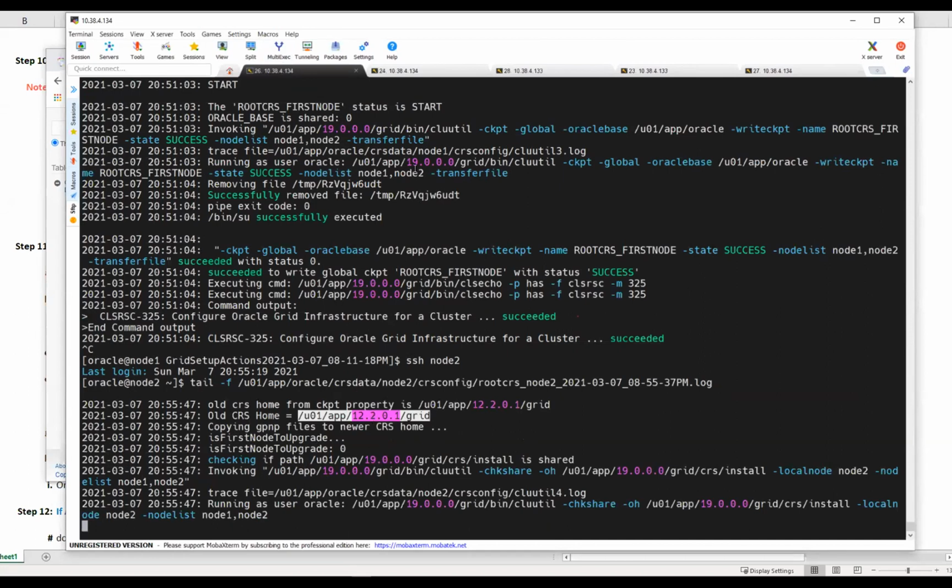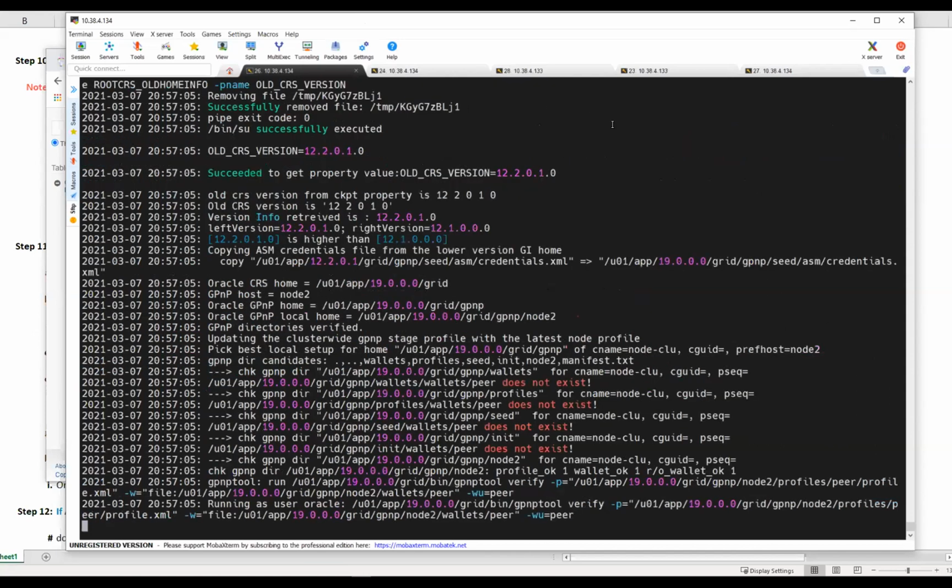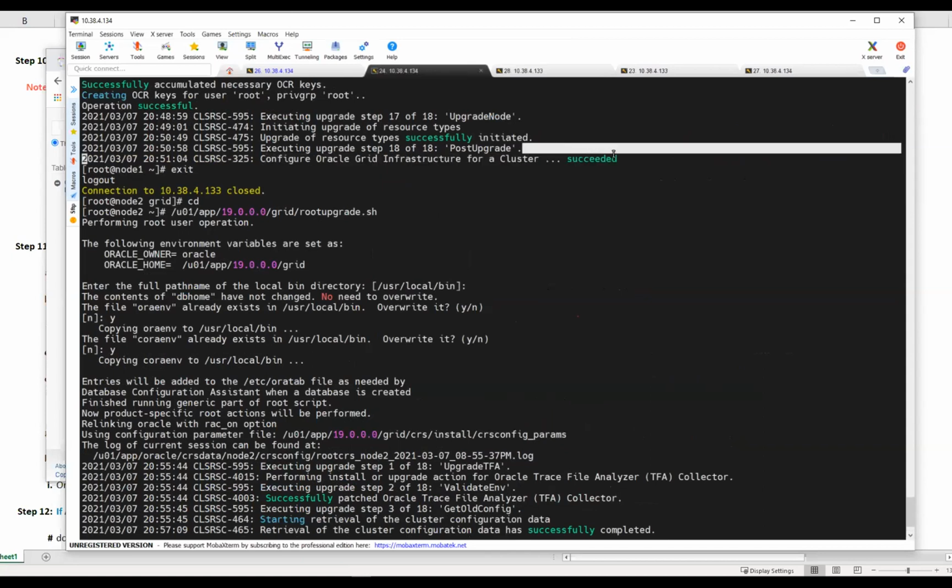After that, you need to come back to the last node and run root upgrade again, your rootupgrade.sh. You have to see this particular message, then only is your root upgrade successful on that node. As long as you don't see this message, that node is never upgraded. All the services are still on the old version, and a few of the major services are in the old version only. So you need to come back and run this root upgrade, and you need to see this message. Then only can you proceed with further steps.